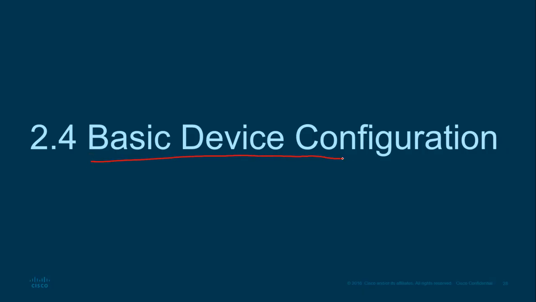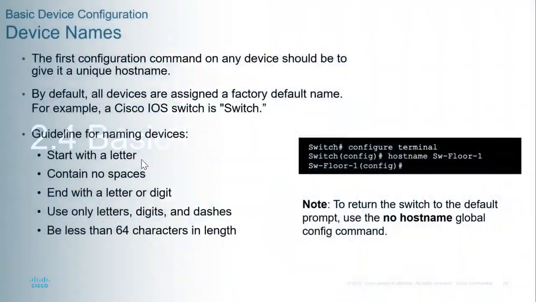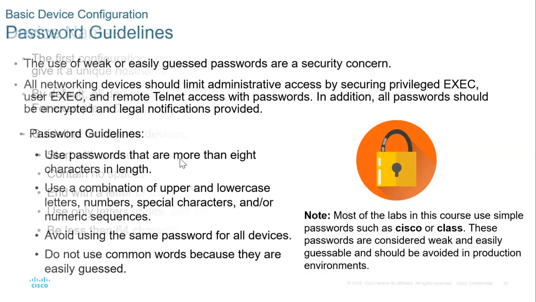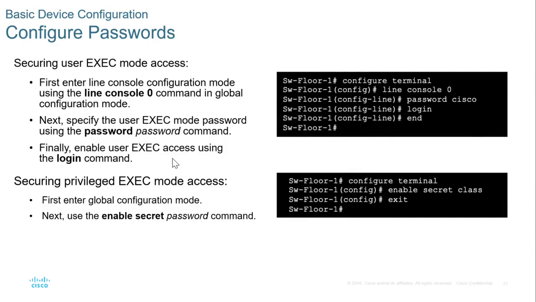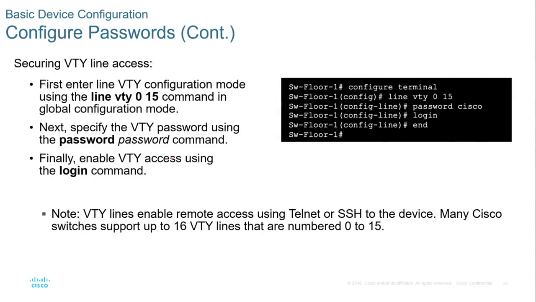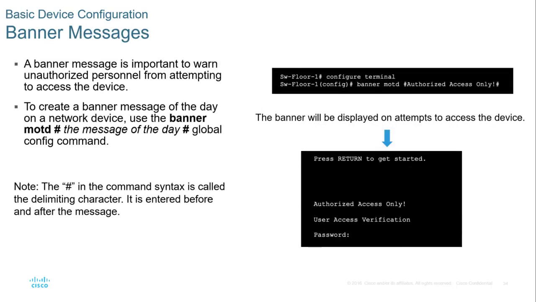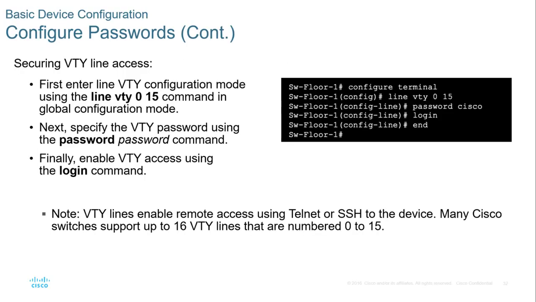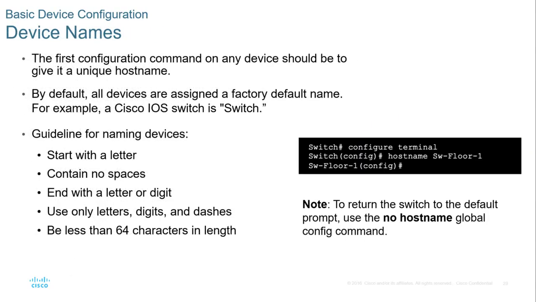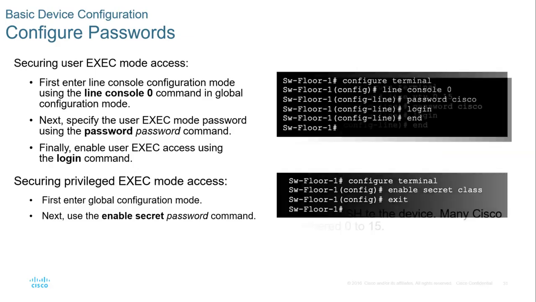So we're going to go through the device configuration. Here we're going to deal with the packet tracer. Within the packet tracer, these are the areas that you're going to look at. I will summarize this within the packet tracer, not go through the slides, because we have already visited the exact areas that we need. So in packet tracer, these are the areas that you're going to need to